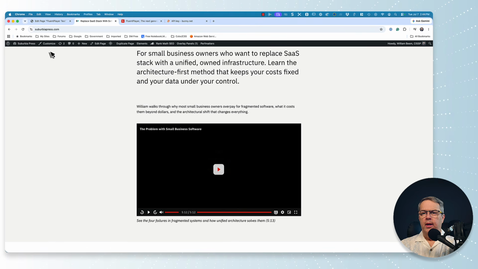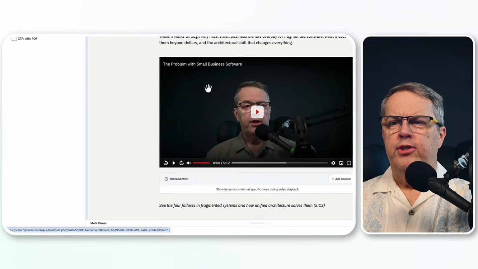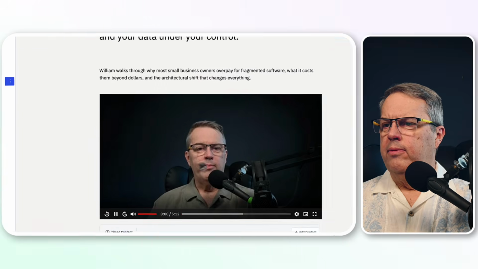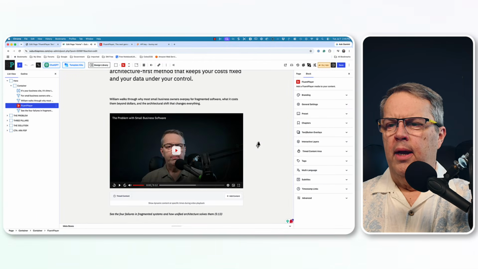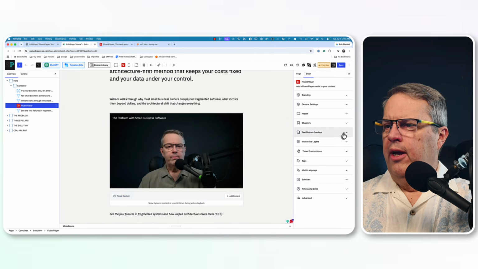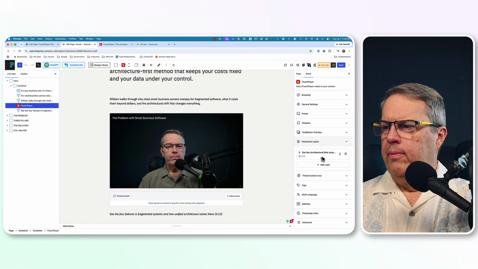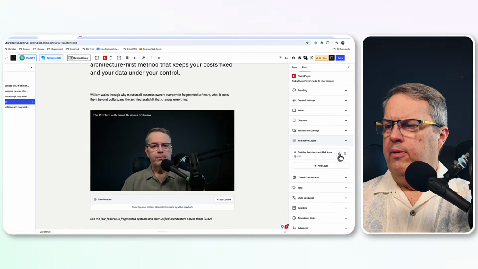So how did this work? I'm going to show you. So this is the edit of my homepage. And I talk a little too much, but that's okay. We're going to take a look at interactive layers. And this is where I've got, get the architectural risk assessment. So if I edit this,